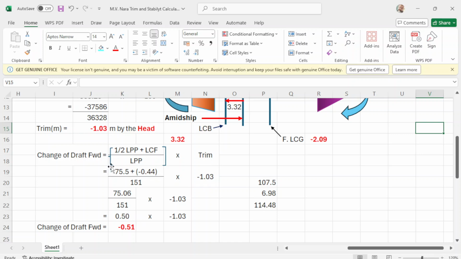and you apply this equation, that will be 75.06, okay? Because you add, that will be 75.06 over your LPP 151 times your trim of negative 1.03. The result of this division is 0.50 times your trim, and your change of drop forward will be negative 0.51, okay? That will be your change of drop forward. Okay,